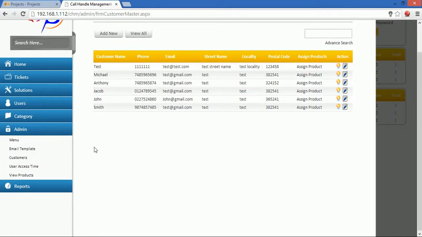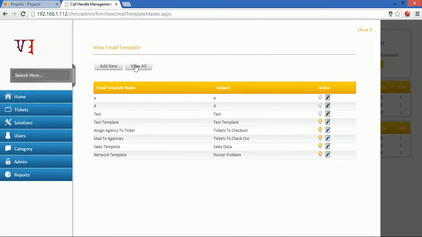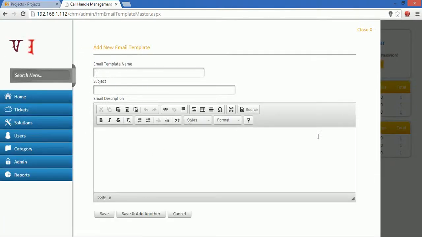Now I'm going to show you how to define email templates. To reach email templates, just click on the admin icon and you can see the email template link. Just click on it and here you can see the different email templates we have defined. If you want to create your own email template, then just click on the add new button, and just type the email template name. Currently I'm typing just test email template name,